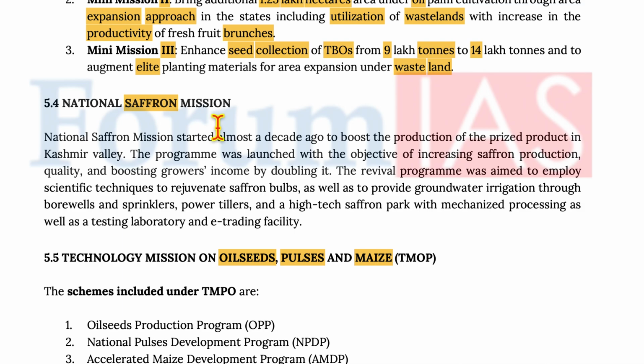Moving on to the National Saffron Mission. The National Saffron Mission started almost a decade ago to boost the production of the prized product in the Kashmir Valley. The program was launched with the objective of increasing saffron production and quality and boosting growers' income by doubling it. The revival program was aimed to employ scientific techniques to rejuvenate saffron bulbs as well as to provide groundwater irrigation through borewells and sprinklers, powered tillers, and high-tech saffron parks with mechanized processing as well as testing laboratories and e-trading